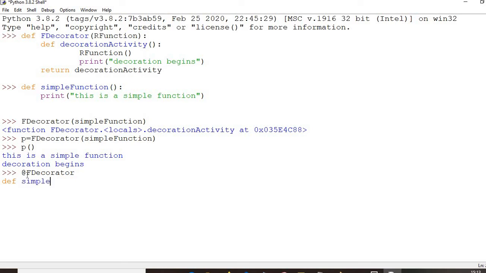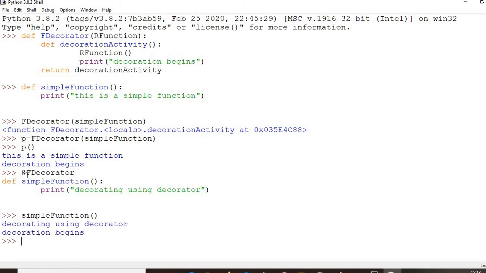I want to decorate simple function, printing decorating using decorator, okay, and now you can call this function simple function, right? Decorating using decorator. So this function gets called and then decoration begins, right?